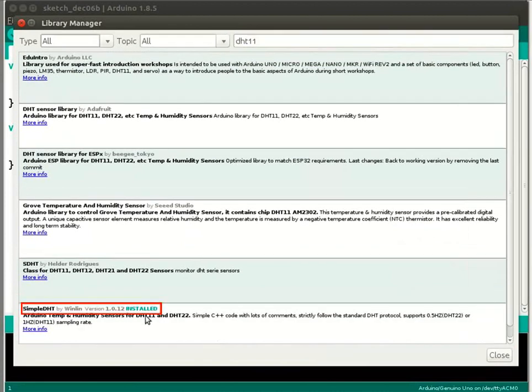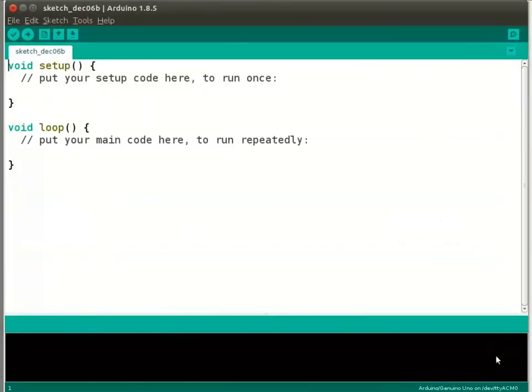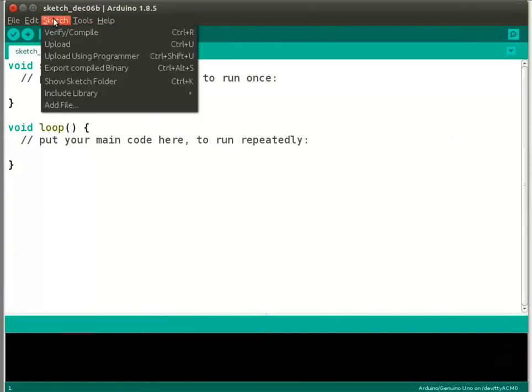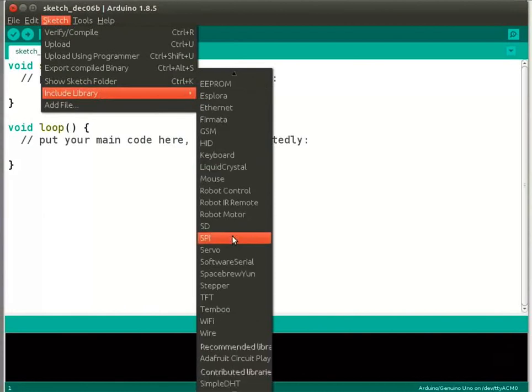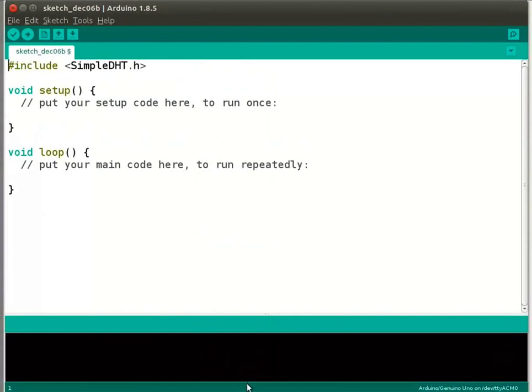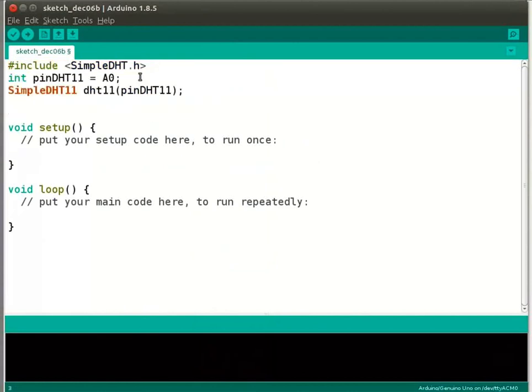Now we will write the program in Arduino IDE. Open Arduino IDE. First, we need to download the DHT11 Arduino library to run this program. Click on Sketch menu in the menu bar. Select Include Library and then click on Manage Libraries option. A new window will appear. In the top right corner, we can see a search tab. Here, type DHT11 and press enter.